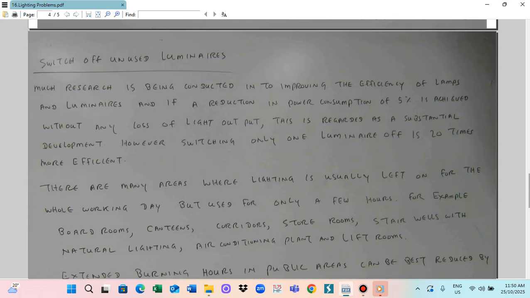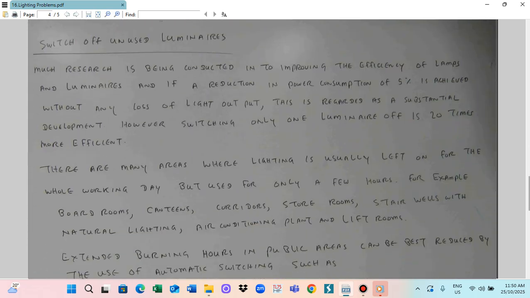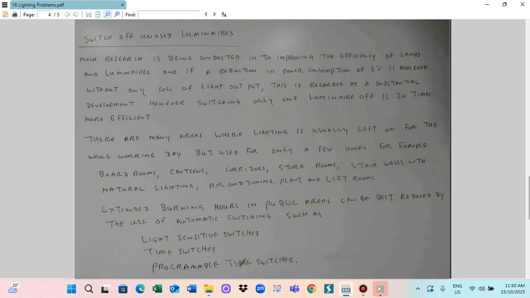Another thing we have to provide to improve the energy efficiency is an automatic system, because the human factor must also be considered. Some people do not switch off the light, so even however well you design, all the lights are switched on and it will waste energy. So there has to be intervention.